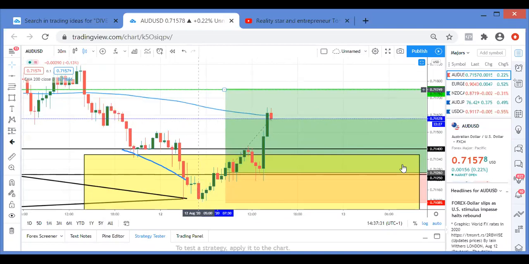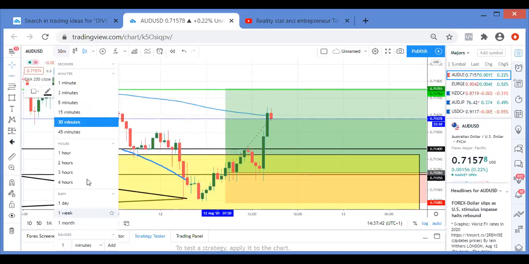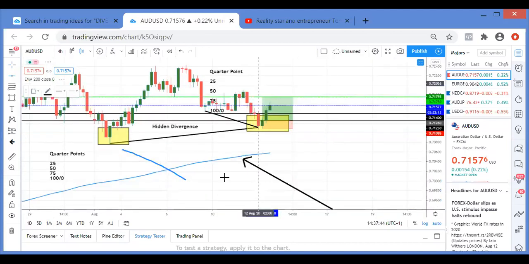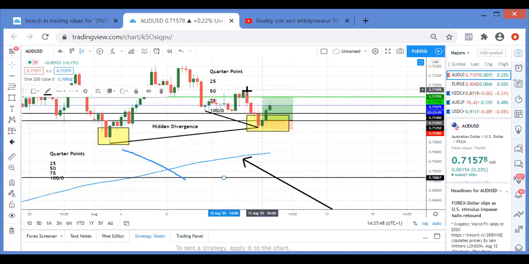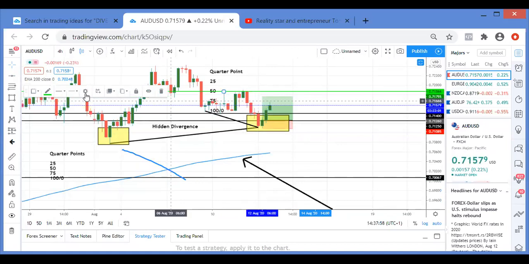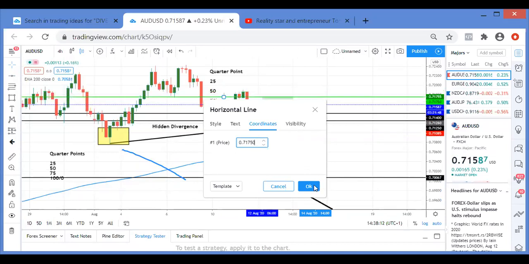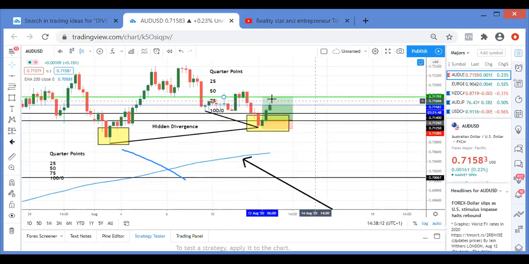Why? Because it broke past my 250. And also look, on my 4-hour, my ceiling, the only ceiling that is here, is right here on top. This is my ceiling now. If I get my green line and put it to my ceiling, what am I looking for? Quarter point. Now 866, what is the nearest quarter point to this? 750. Perfect. Enter.